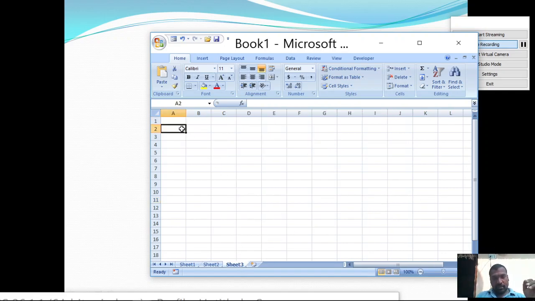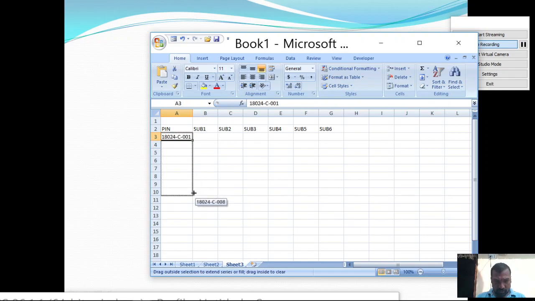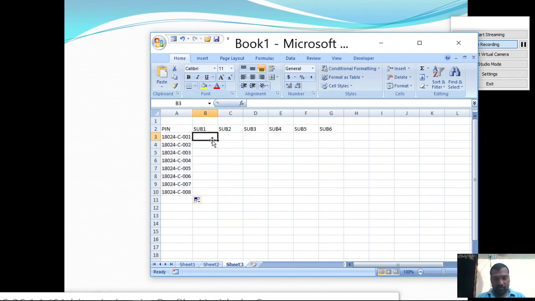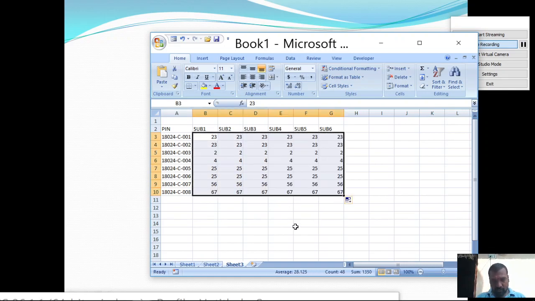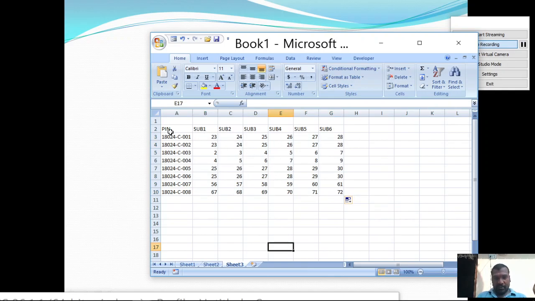For example, here the pin number is there, and subject 1, subject 2, 6 subjects are there, 18024-C-001. 8 students are there, and some marks are available.